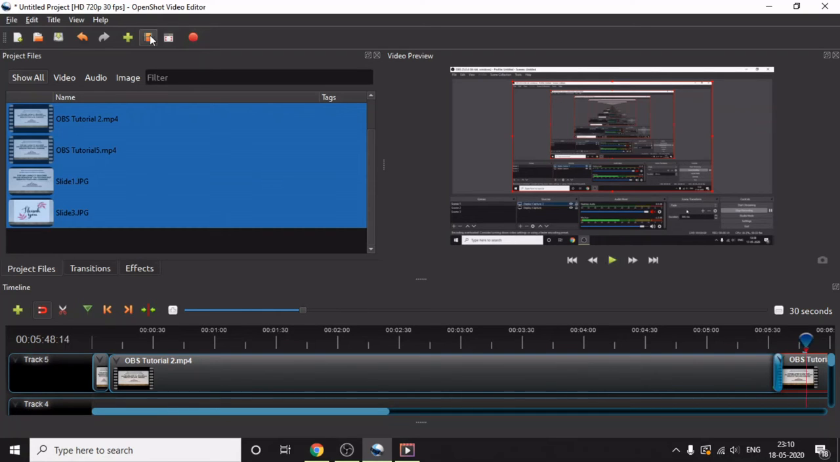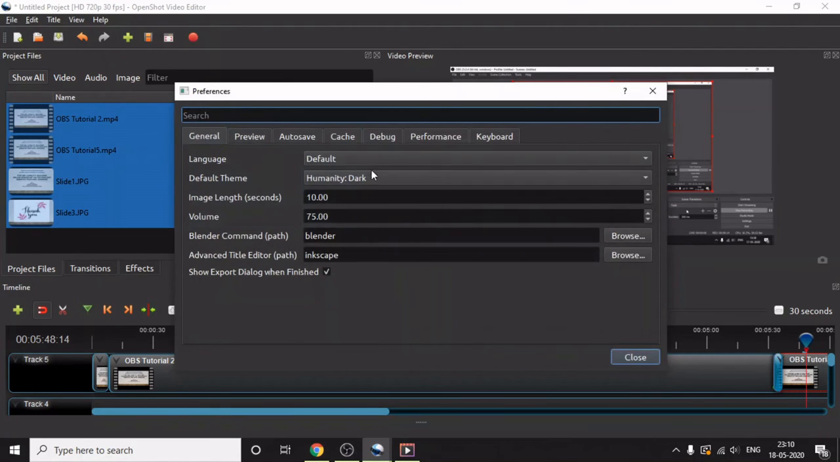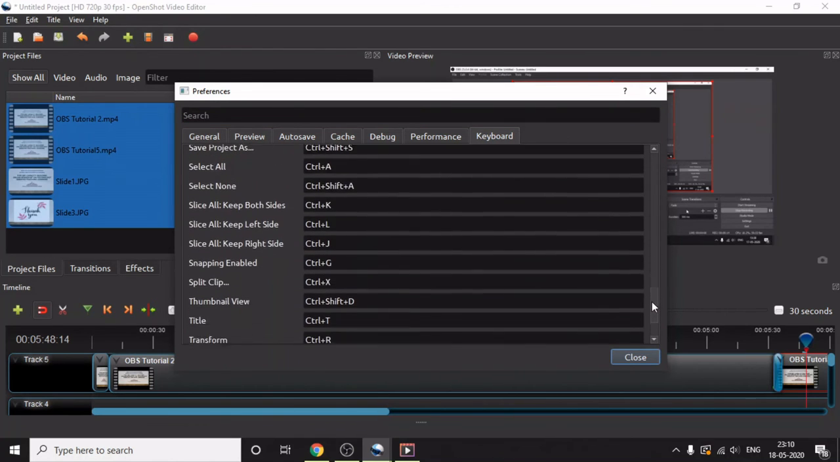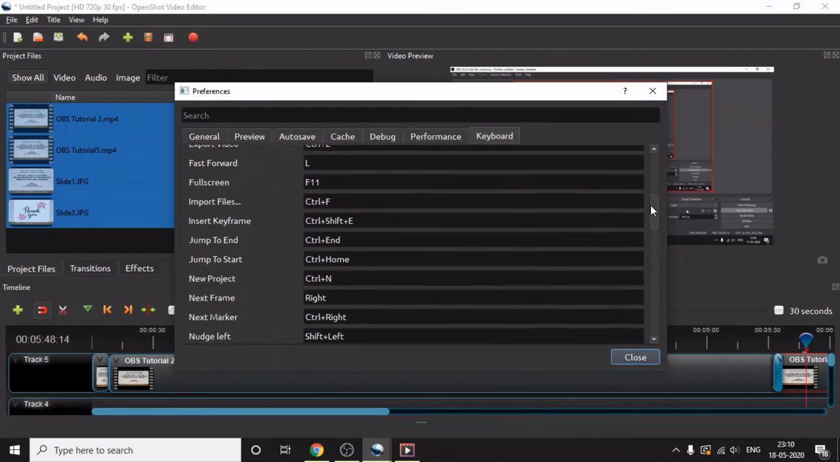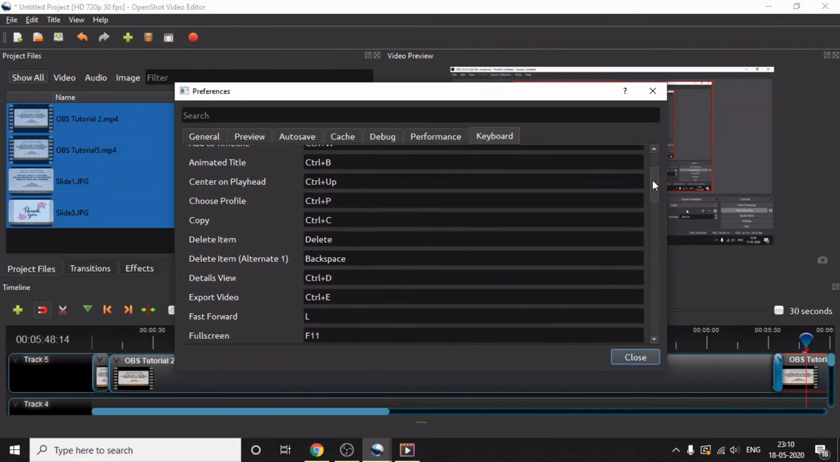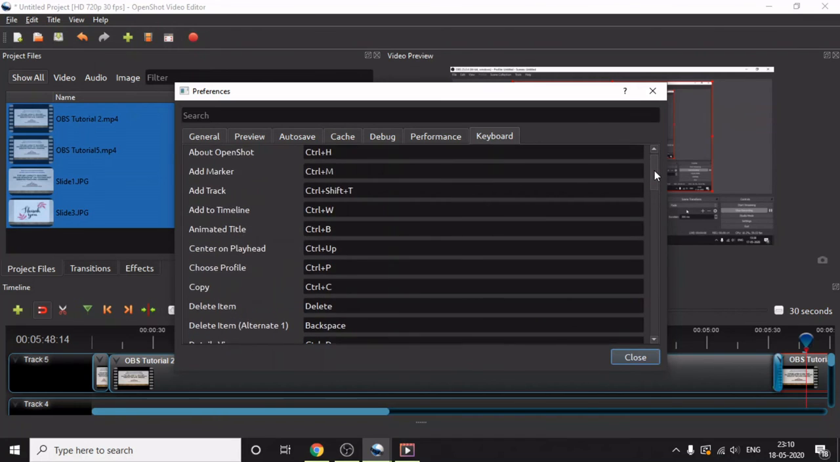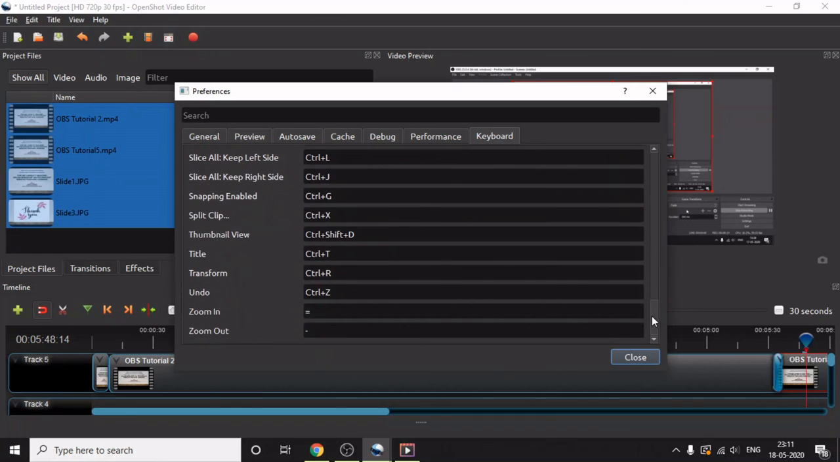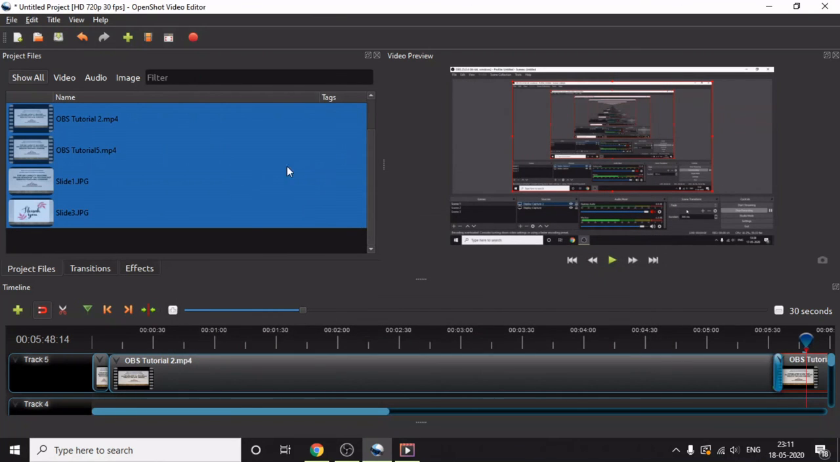Then one more feature, that is we can go to the edit option here, preferences, click on preferences, then click on the keyboard. You can see so many shortcut keys for using this software. It's better to use the shortcut keys to prepare a video than using the mouse clicking option. So we can learn this and utilize this properly